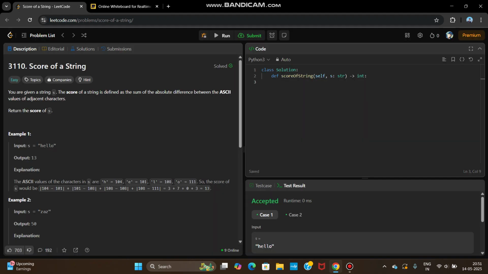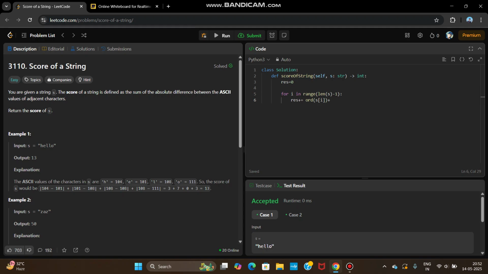So let's just code it up. Let's say result equals 0. Then we can just go for i in range of the length of the whole string. That's it. Then we can just do the sum. Right? So we can do ord of s[i]